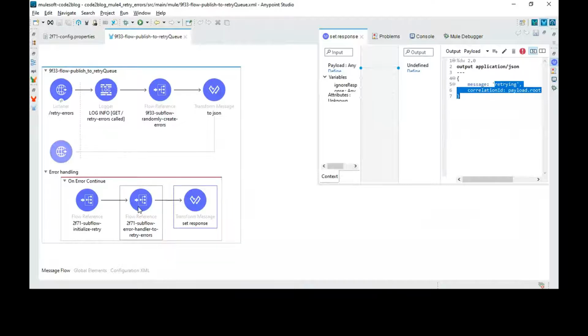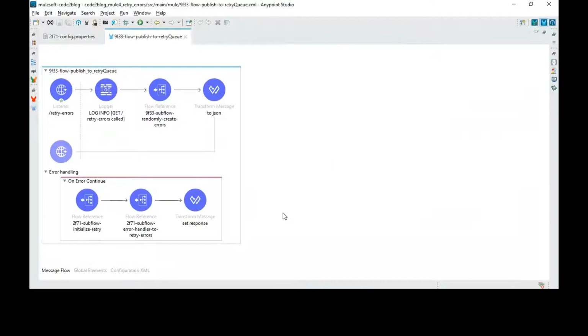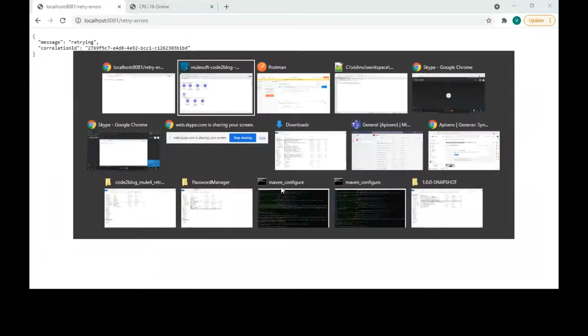Then a flow reference to initialize the retry and a flow reference where the message gets put into a queue. It's all made of flow references so that you don't have to think of any implementation logic, and you can just invoke it by giving the flow name.